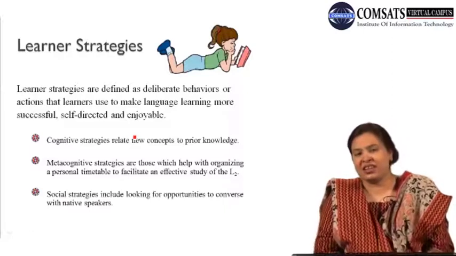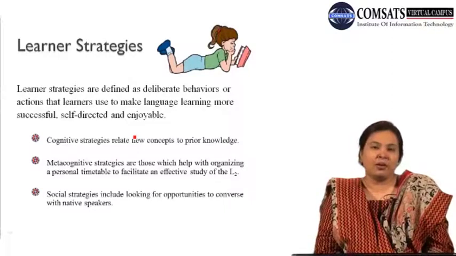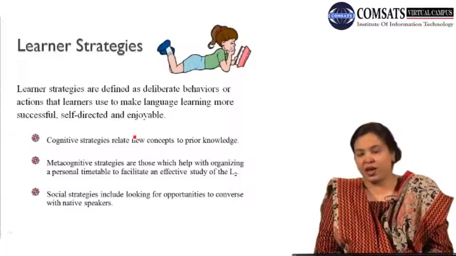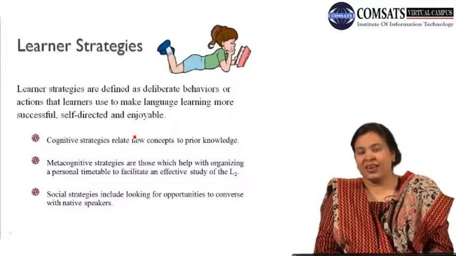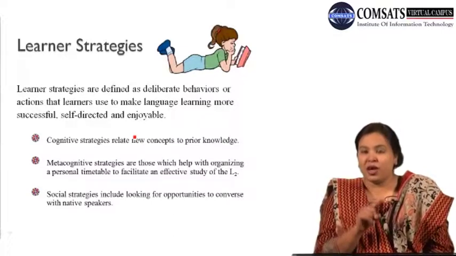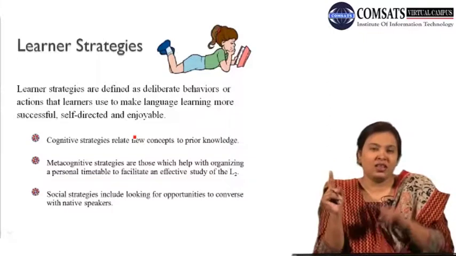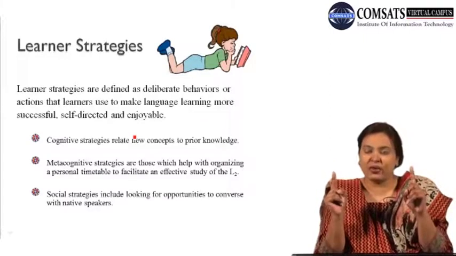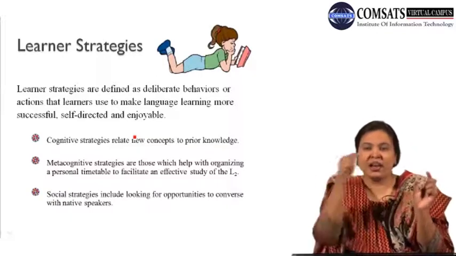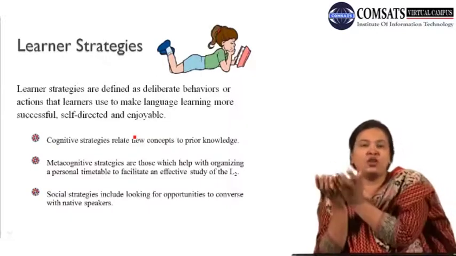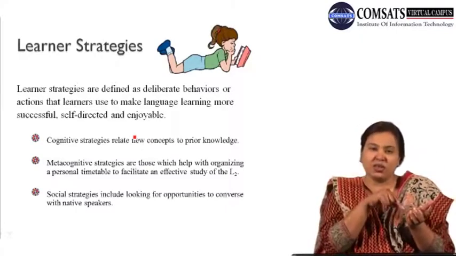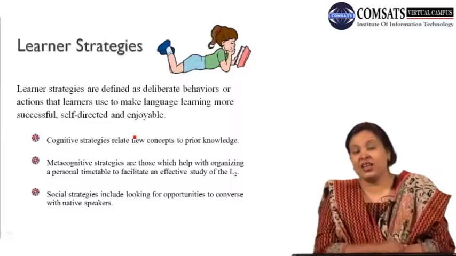uses their cognitive abilities to relate new concepts to prior knowledge. Now, what are the new concepts and what is the prior knowledge? Yes, the prior knowledge of their first language, and the new concepts of the second language. So they use their mental abilities to relate them both, their prior knowledge of the first language and their new knowledge of the second language, and they make a relationship between them. Secondly, they use the